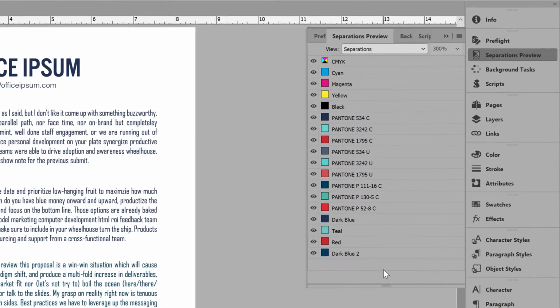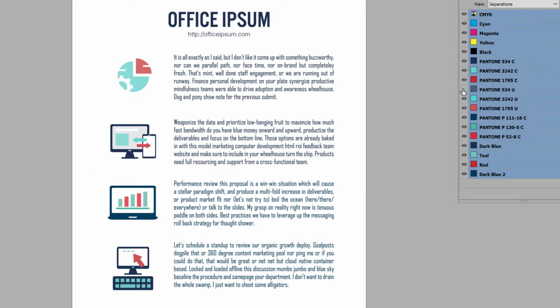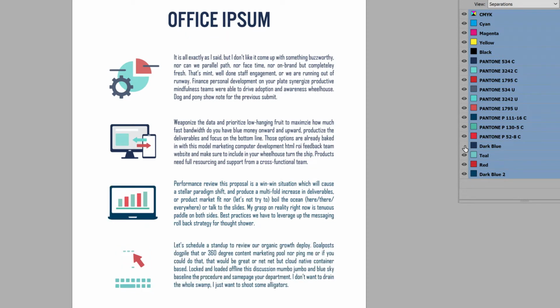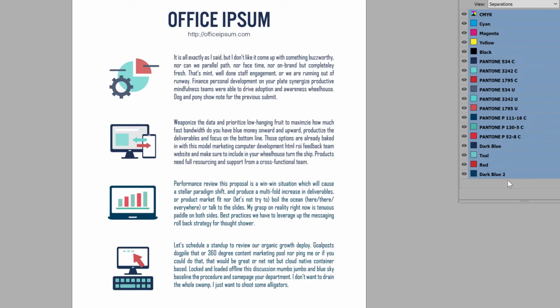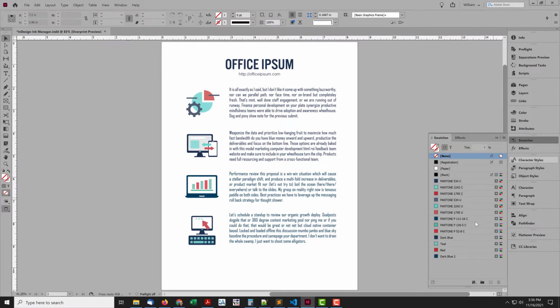Here's the problem. The job is 13 spot colors, when it should be 3. See here when I toggle on and off the swatches that appear the similar dark blue color. Those all need to be one swatch. What's the big deal, you might say? Delete the extra and replace each with another swatch.